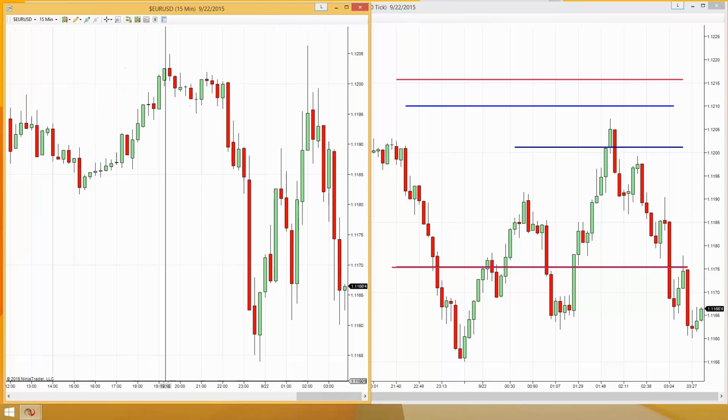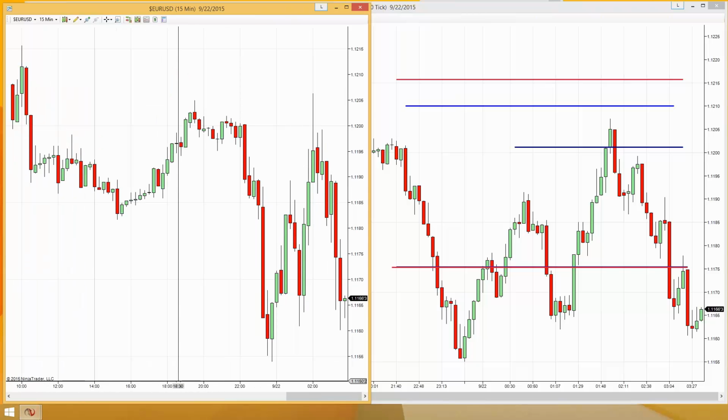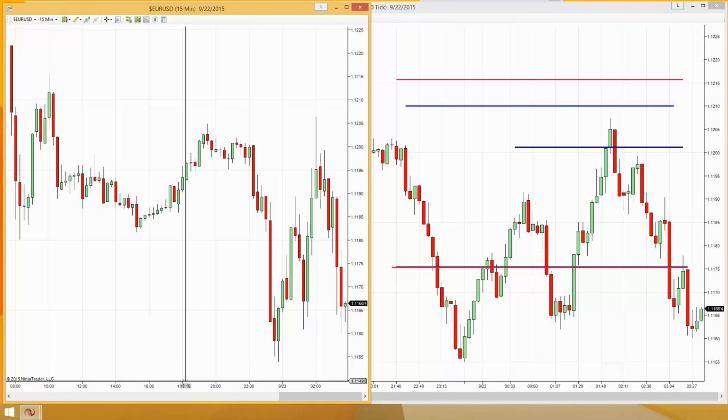If we do it side by side, so this price, and look at this. You had more opportunities to make more money than just using simple time charts. Yeah, tick chart gives you a much clearer picture.